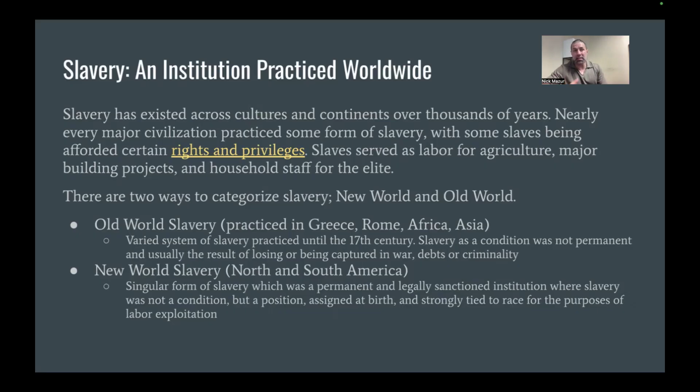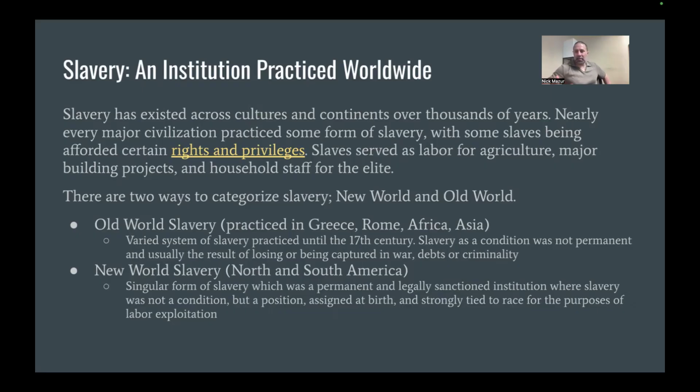It doesn't make much sense to force somebody to go into agriculture when they've never touched an agricultural tool in their life. You're going to be a very hungry civilization if you have people who are not well suited or capable or knowledgeable to do the work that is necessary for a society to survive.